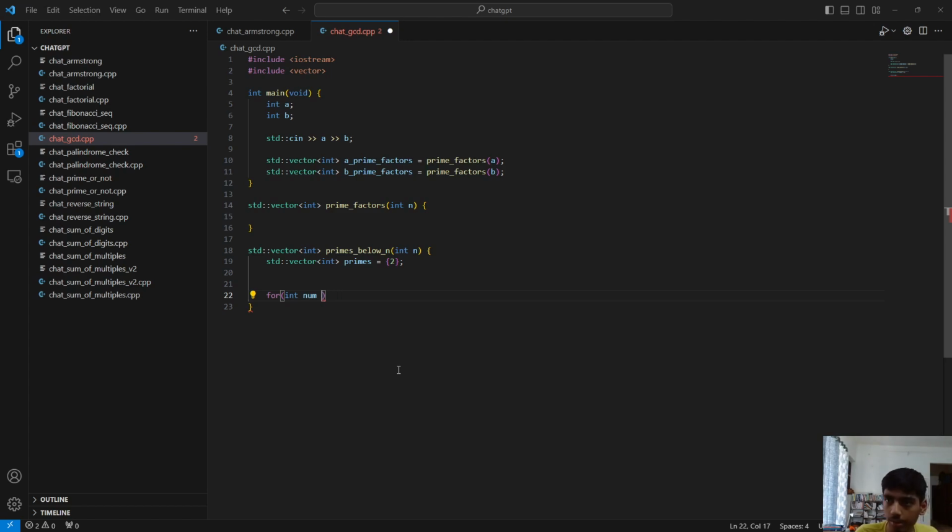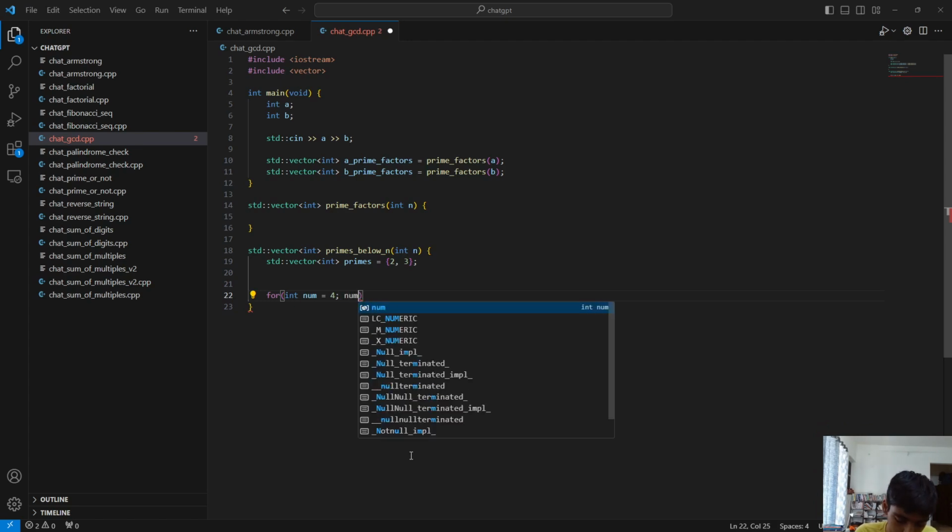How long will it go? So let me just say num is equal to 3 or 4, and we'll put 2 and 3 inside, and we'll say num is